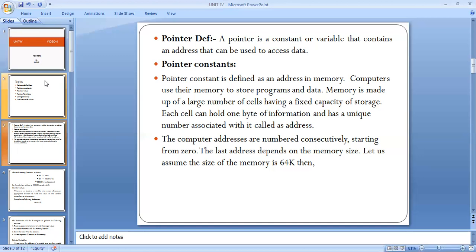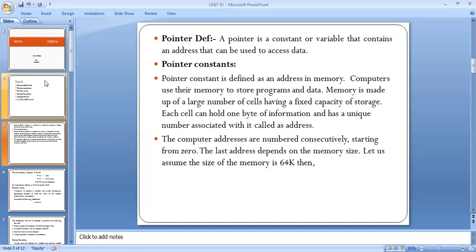Each cell has fixed storage capacity, and each cell can hold 1 byte of information in a computer and has a unique number associated with it, called an address. Suppose a memory has 100 cells; each and every cell has an individual memory address and individual memory location.